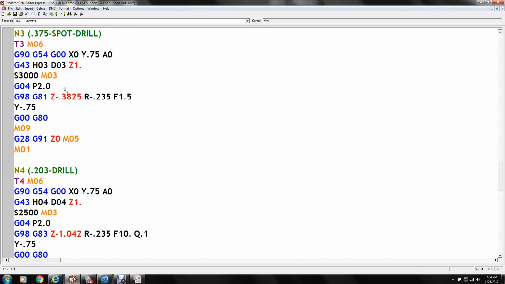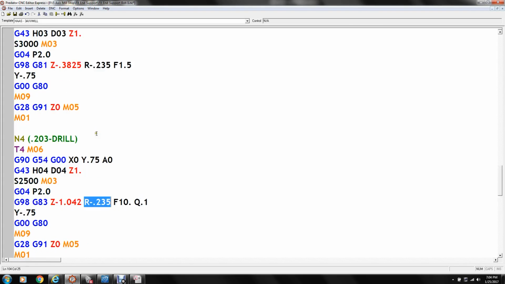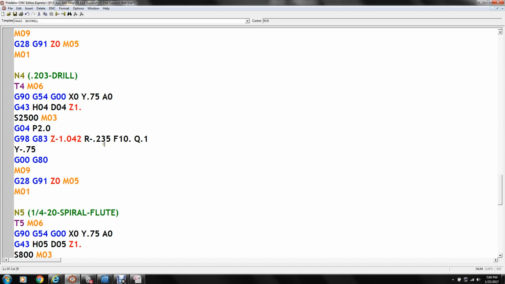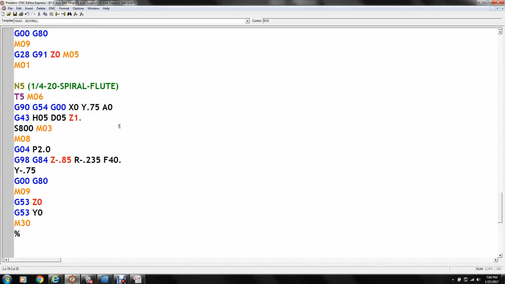This G83 comes out to the R value, wherever that is. You'll notice this R value on this cycle and this cycle are lower because we're down at the bottom of that keyway making these holes, which is actually 0.250 deep, but this is clearing it by 15 thousandths, just like this was, but this is up at Z0 for this drill. Now this cycle, we are going to have to make a slight edit here,